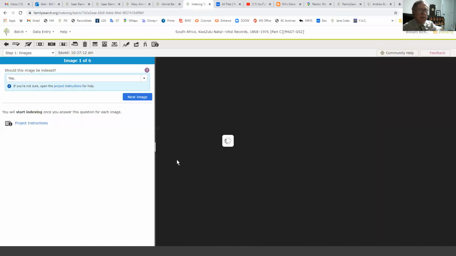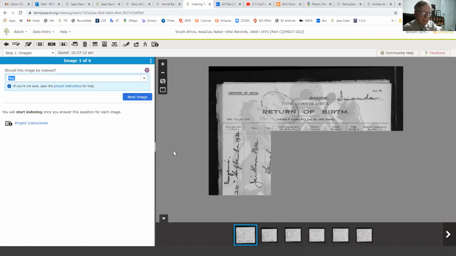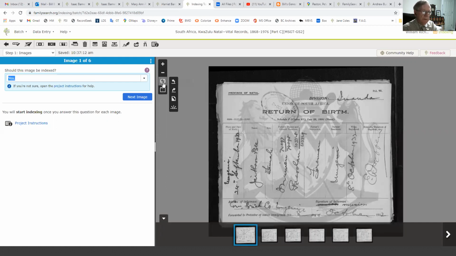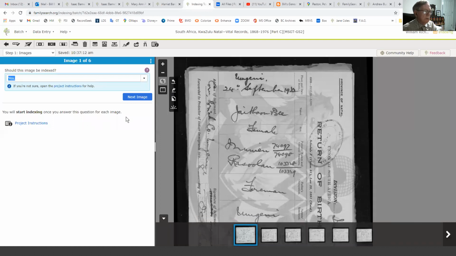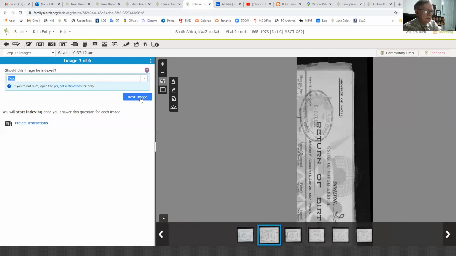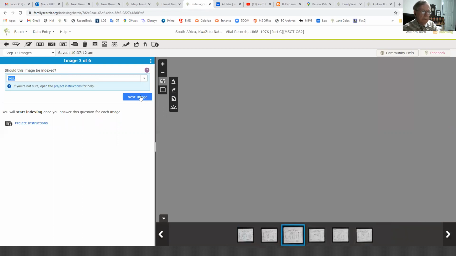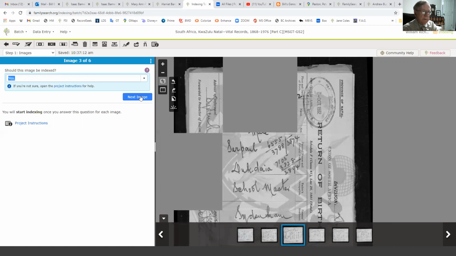And with any project, as you become familiar with the project, your speed just automatically gets better. And it's not about speed. Anyways, you need to try to be as accurate as possible in indexing the information. And since I've done a few thousand of these KwaZulu-Natal records, I am familiar with the places, the place names. I am familiar with the East Indian names that these people have,